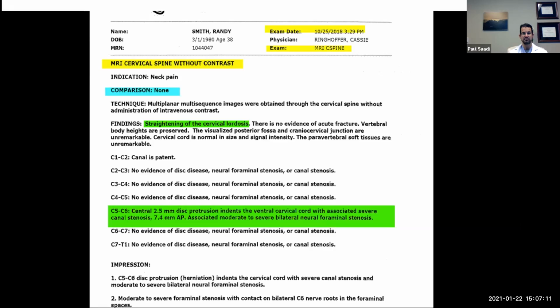What's a disc protrusion? I've heard herniation, bulge, protrusion. What's a protrusion? Yeah, there are terms, and disc injury to me is good because it is accurate. That's what it is. Once we get down to terminology, it sort of depends who you're talking to, but essentially